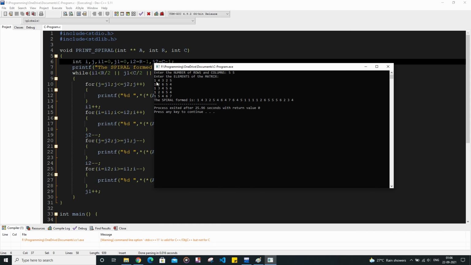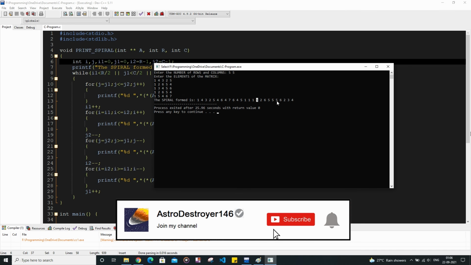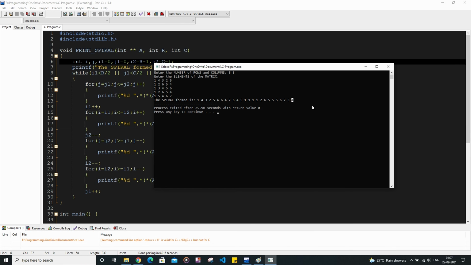If you go by the row, we will get 1, 4, 3, 2, 5 till this one, and then 4, 6, 4, 7, 6 till this, 4, 5, 1, 1, 1, 1, then 2, 6, 5, 5, 5, then 6, 2, 3, 4. So as you can see, the spiral of the matrix is formed.